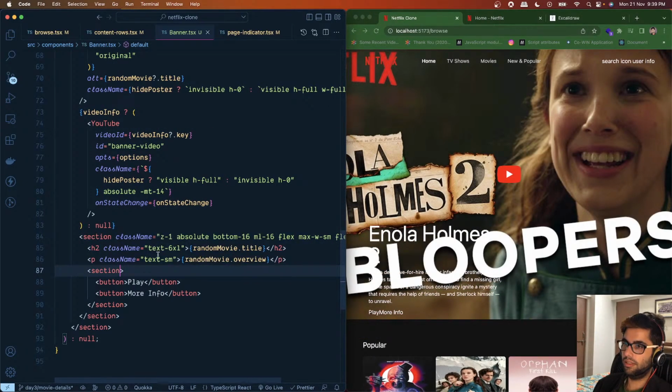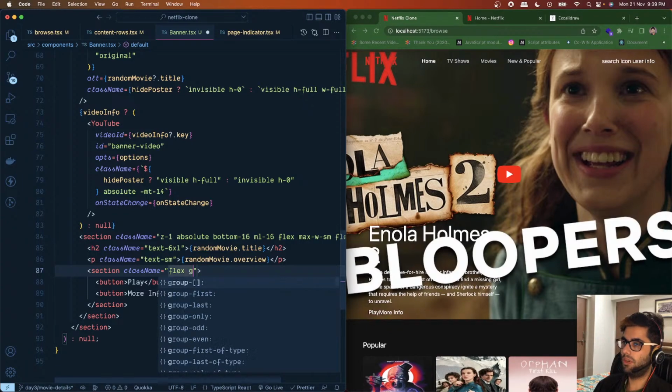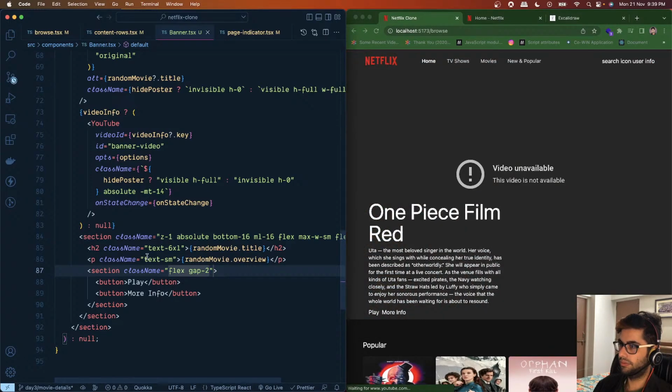All right, and here also we'll use flexbox, and we'll use a gap of 2 as well. Okay, let's give some classes over here. We'll say let's give this a width of 100 pixels,